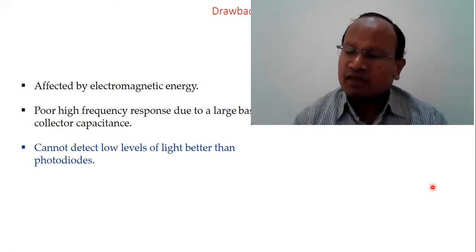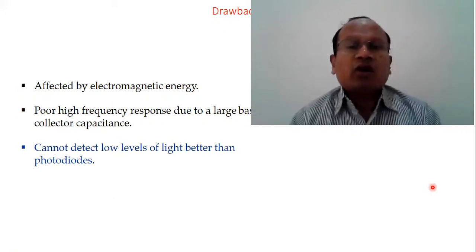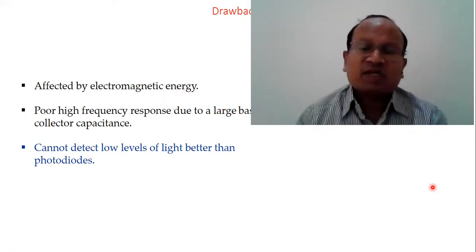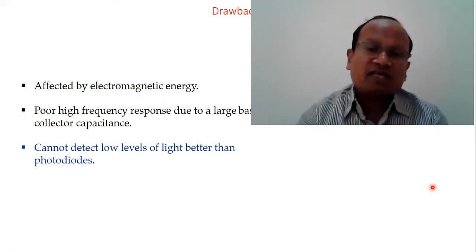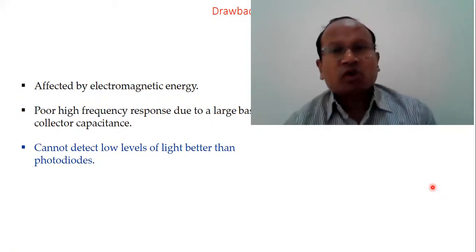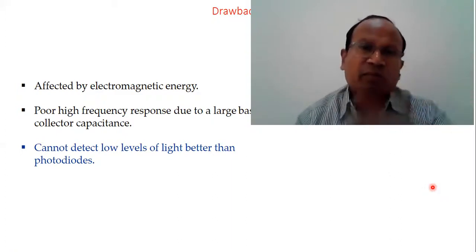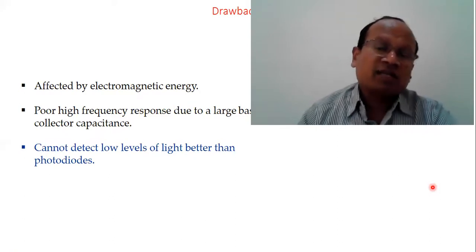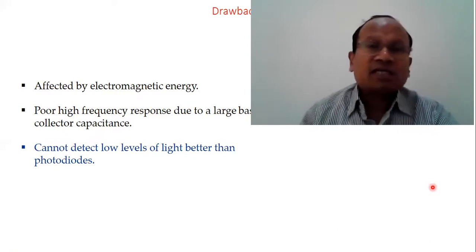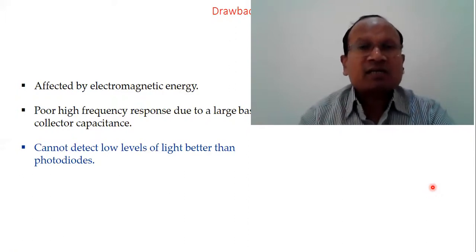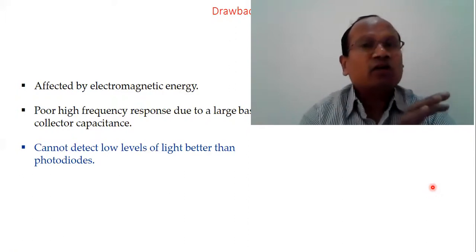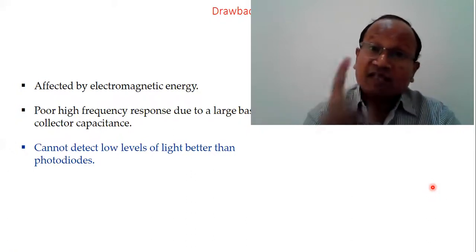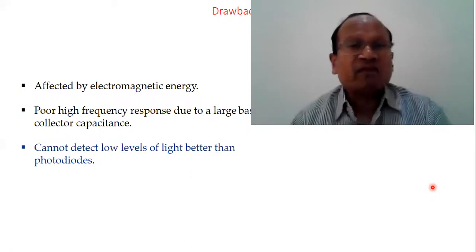So when we see the output characteristic of the phototransistor, that's the plot of IC versus VCE. There we can see that the more the optical power, the more the light intensity falling on the base region, the larger is the collector current. But there is one important factor called dark current. Dark current is the current for no light. Suppose there is an absence of light, even then there is some amount of current which flows,